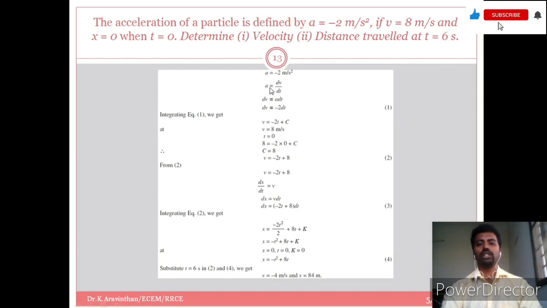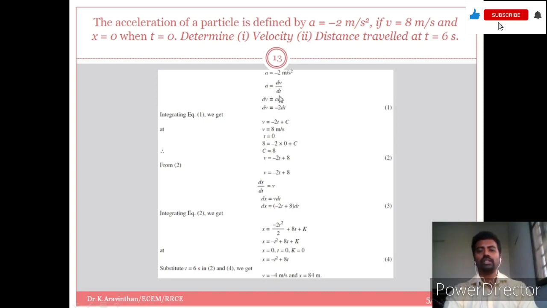How to find the equation? You just have to reverse the concept. The reversal of differentiation is integration. So if acceleration is given here, you have to reverse this. So you have to integrate with respect to t. What do you mean by a, acceleration? This is dv by dt. If you differentiate velocity with respect to time, it is known as acceleration.